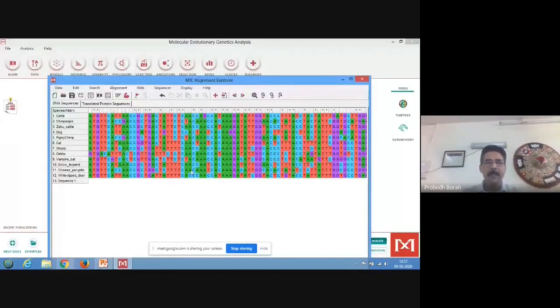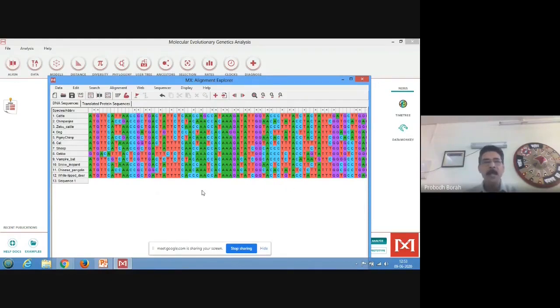So now, this is the alignment window where we are looking at the result of sequence alignment. You see, the second question we are asking is whether recognizable similarity exists across sequences in some places. Yes, it is almost similar here, except for one nucleotide variation here in dog, others are the same.